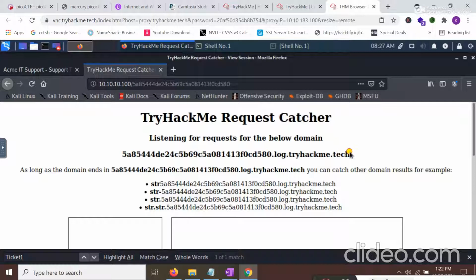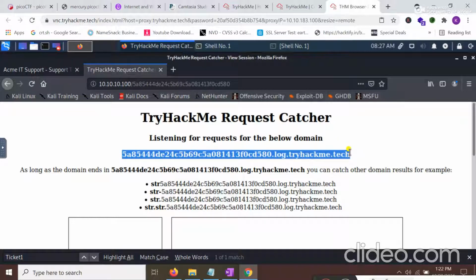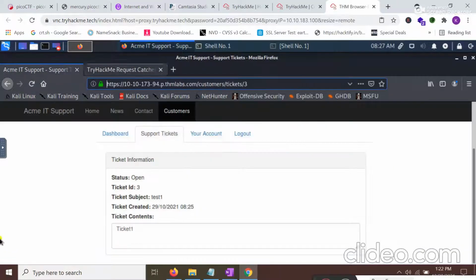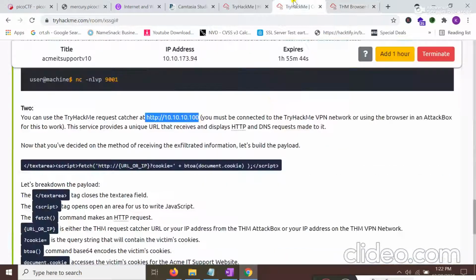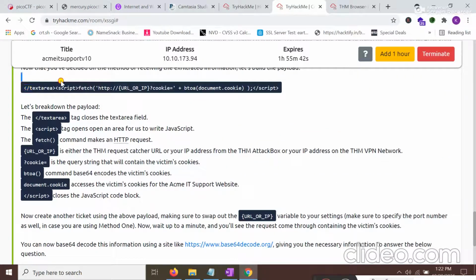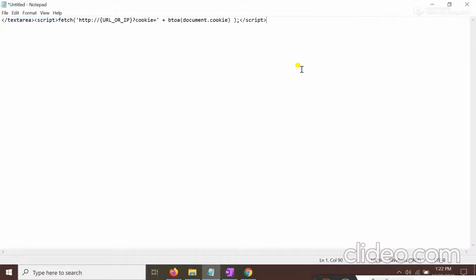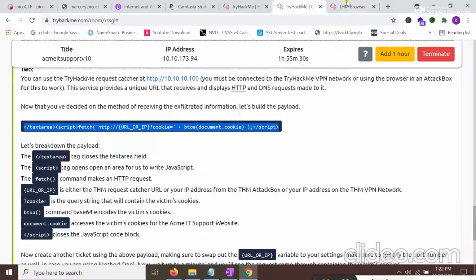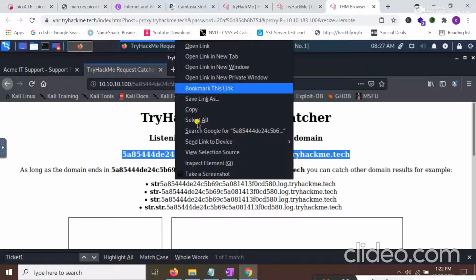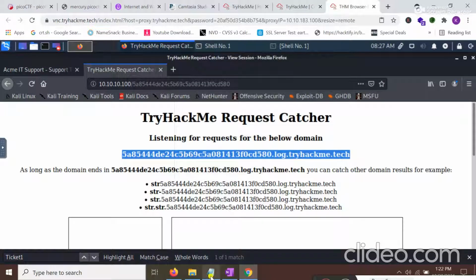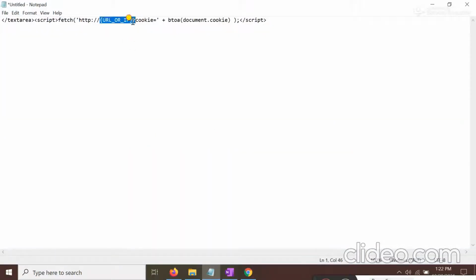This is the code that I'm going to copy from here. This is the payload that I should use. In place of the URL or IP I will use this hash. I'm going to copy it from here and paste it.